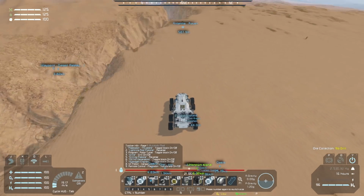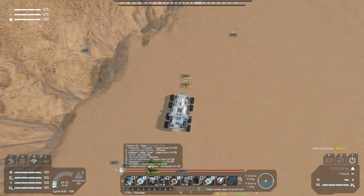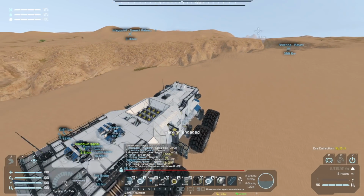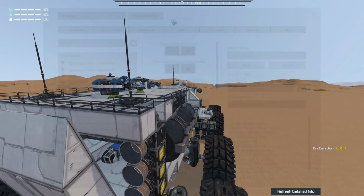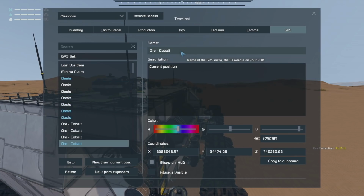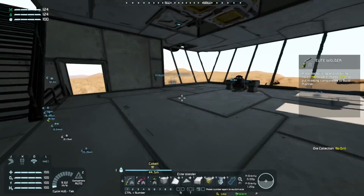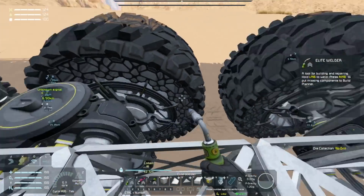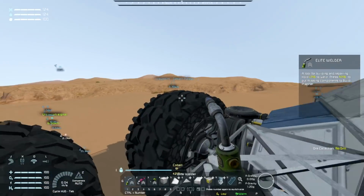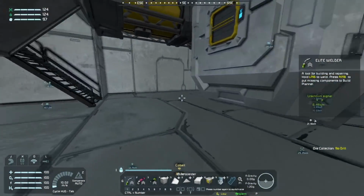Oh hey, the part I want is actually closer than where the Raven is. That's interesting. And also there is cobalt here, which makes it convenient. Oh, I can press P again to park. That makes my life so much easier. I can press P to park, and I can mark up that cobalt, and we can go and deploy the Bison. So yeah, I've got these 2 little things down here, and then you can stand out here. I'll put some catwalks, and you can enjoy the ride when I'm doing one of the put my wheels into...